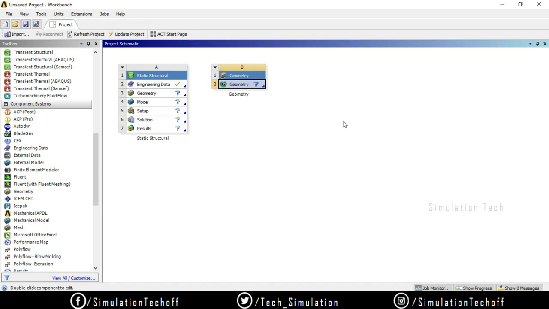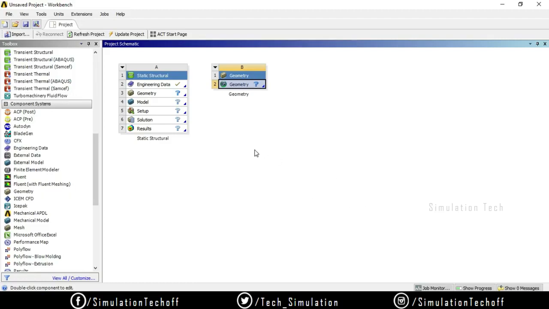In our early stage, while we were talking about the concept of FEA and how ANSYS works, I said that in the pre-processing stage, creating a geometry or editing a geometry is a part of pre-processing, right? So why do we need to edit the geometry?